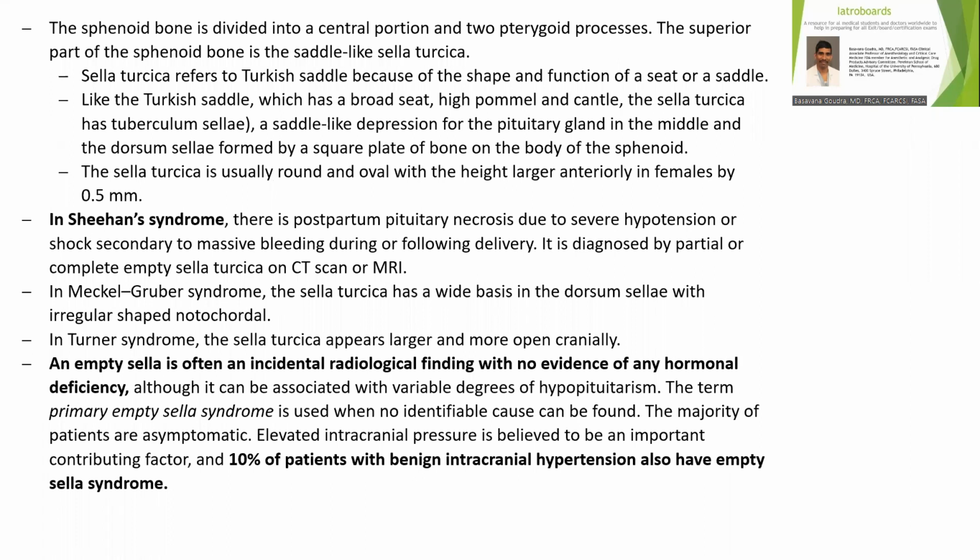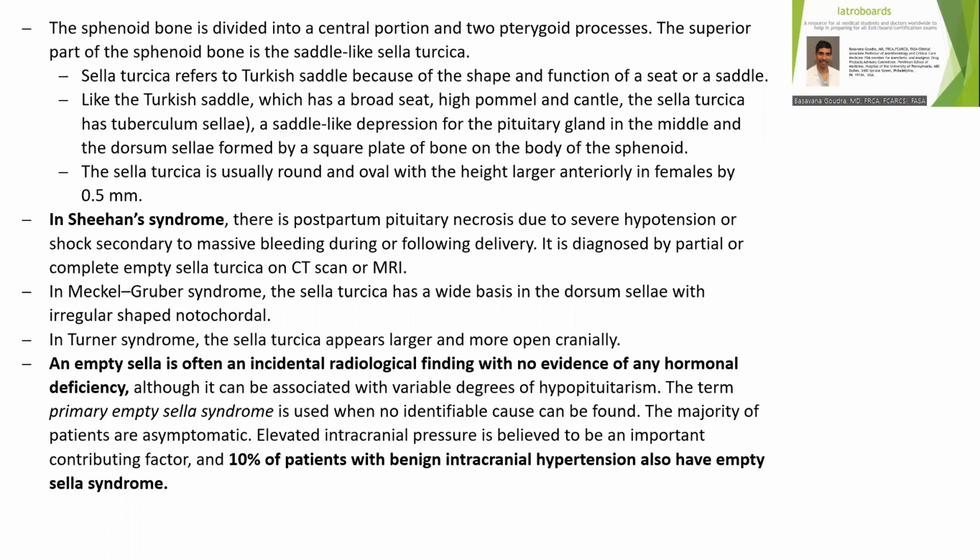The sphenoid bone is divided into a central portion and two pterygoid processes. The superior part of the sphenoid bone is a saddle-like sella turcica. Sella turcica refers to Turkish saddle because of the shape and function of a seat or a saddle. Like the Turkish saddle, which has a broad seat, high pommel, and cantle, the sella turcica